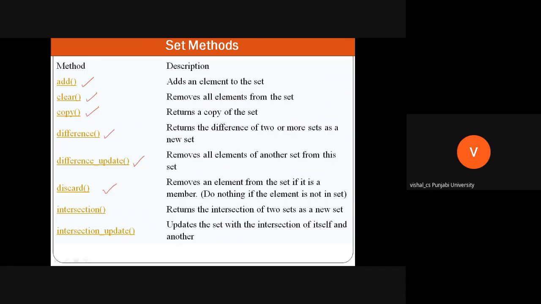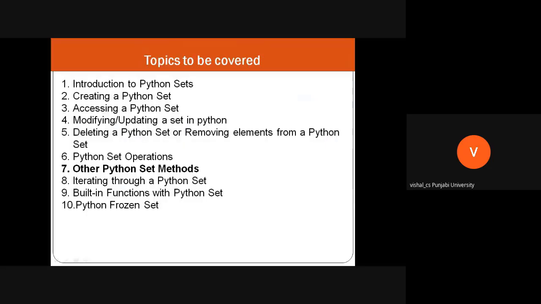Discard removes an element from the set if it is a member, and it will not do anything if the element is not there. Intersection returns the intersection of two sets as a new set. Intersection_update updates the set with the intersection of itself and another. So then